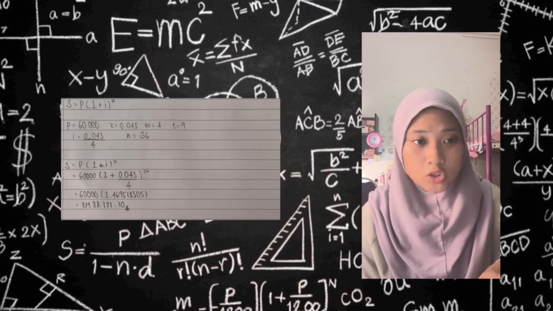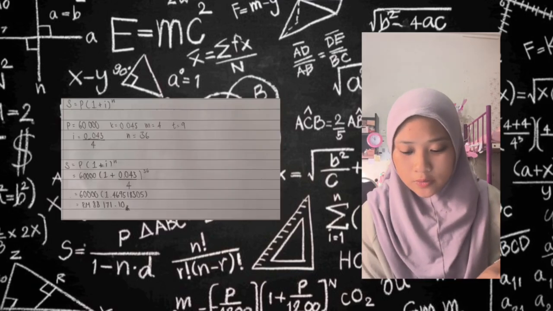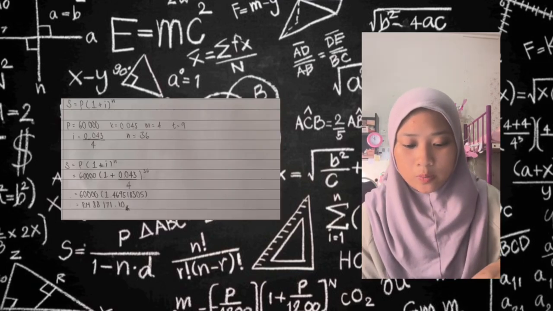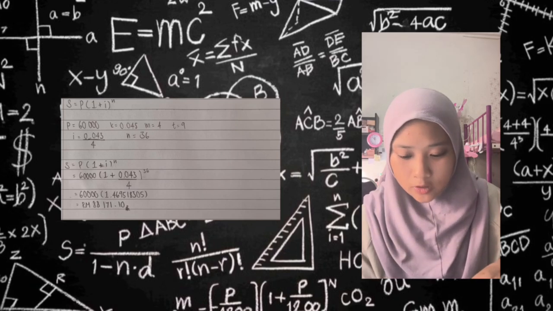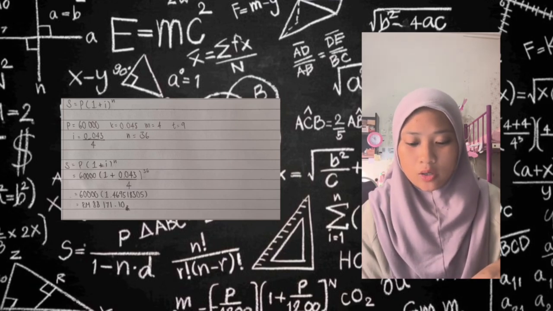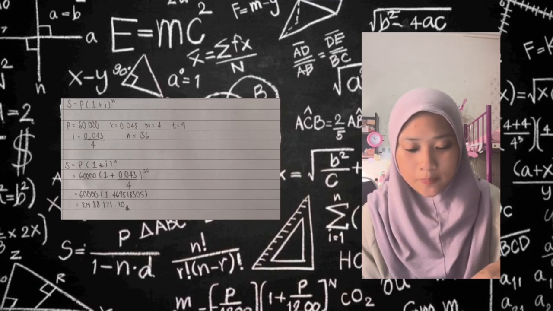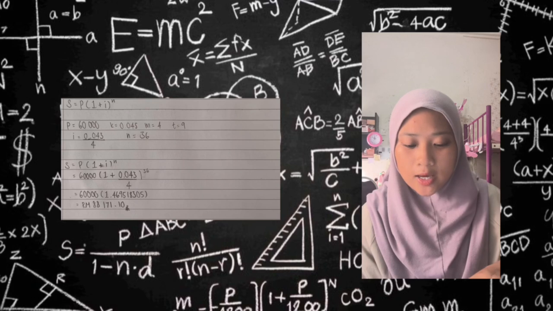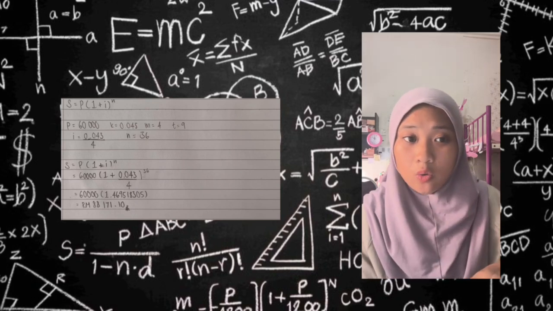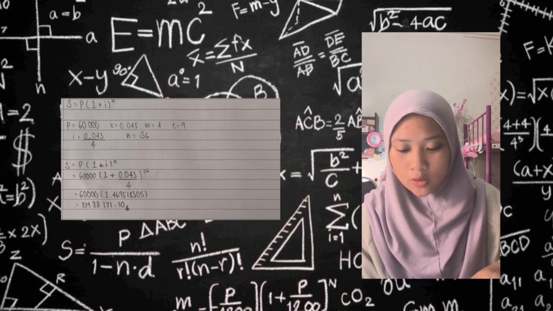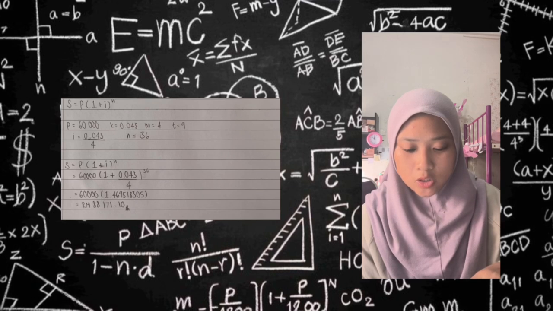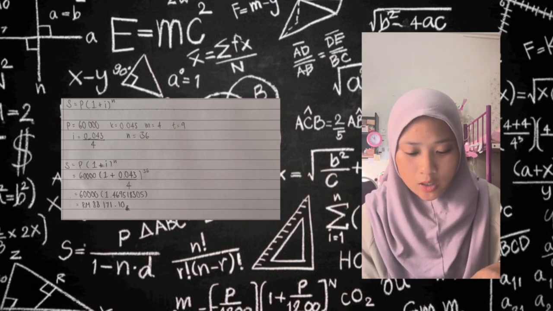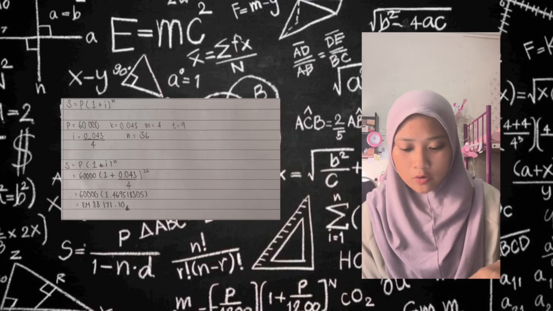Alright, for this question, we will answer AA Bank first. First, let me tell you about important terms. The first term is P. P is present value. And then K is interest rate. M is number of interest calculated. T is duration of investment. I is compound interest rate. And lastly, N is number of interest periods. Alright, so for AA Bank, P equals 60,000, K equals 0.043, M equals 4, T equals 9, I equals 0.043 per 4,